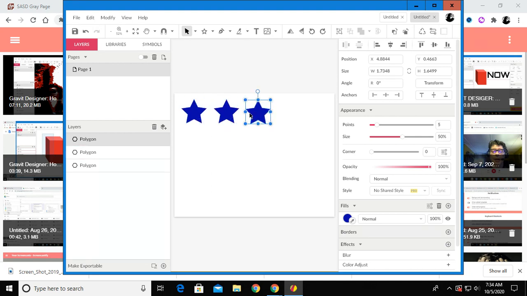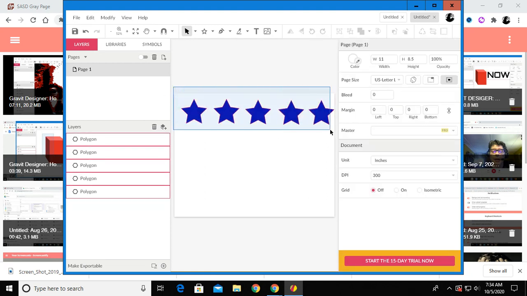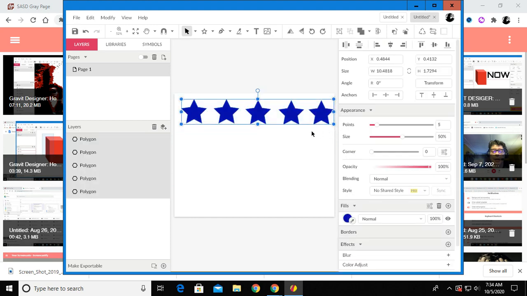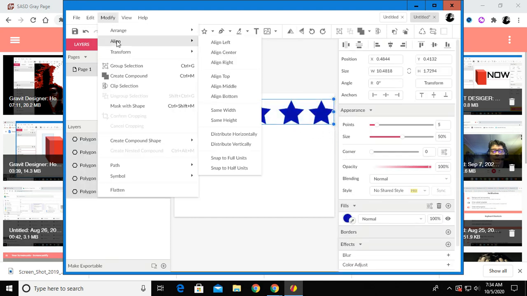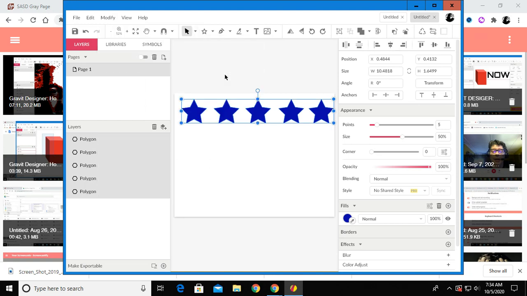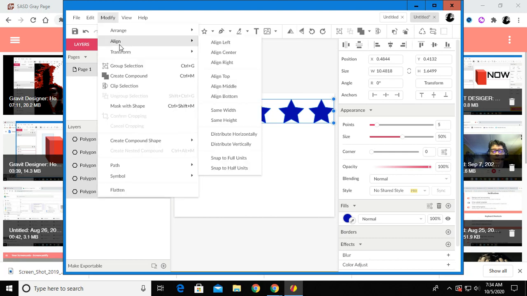You'll notice it pastes right on top of that first shape. So now I've got these 5 stars. Now I'm going to highlight all of them with my pointer tool, and I'm going to go up here to Modify, Align. The first thing that I'm going to do is align the tops of them so that they're all even at the top. And then the next thing I'm going to do is Modify, Align,